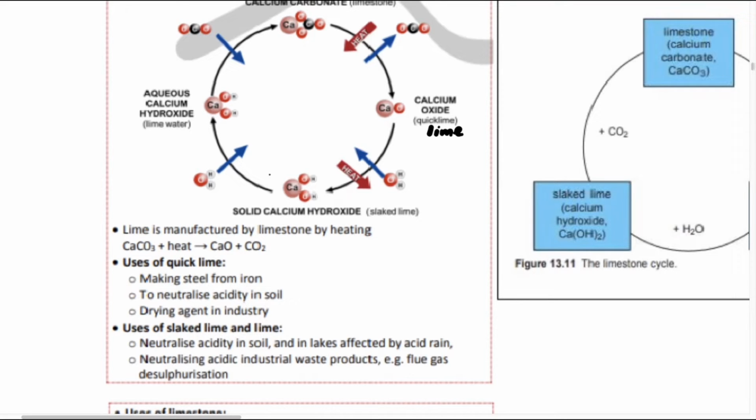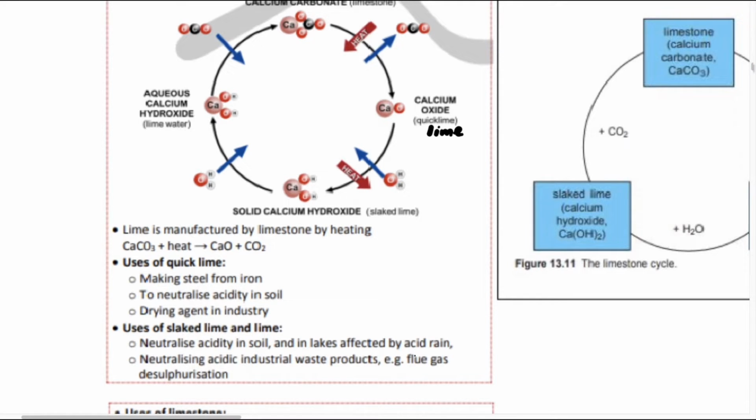Okay, so now let's see. Neutralize acidity in soil and in lakes affected by acid rain. So you know, the calcium oxide and calcium hydroxide are bases. So they act as bases which neutralize acid. Neutralizing acidic industrial waste products, for example, flue gas